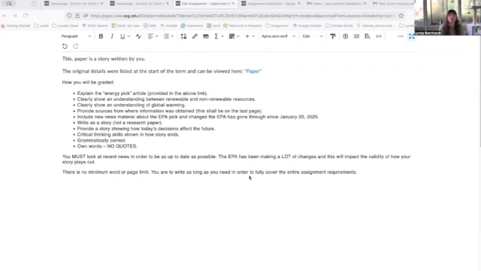So again, write it as a story. It's not a research paper. This is a once upon a time kind of thing. Fictional story, but you have to tell me some real stuff. I am a huge fan of science fiction, and that's pretty much what science fiction is: you take actual science, but then you tell a story around it. And so that's pretty much what I'm having you do here.